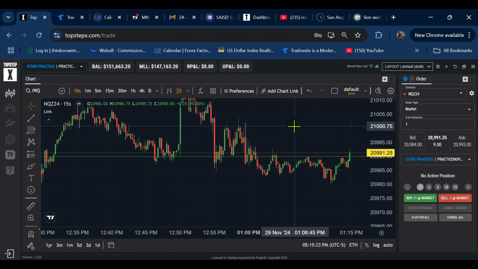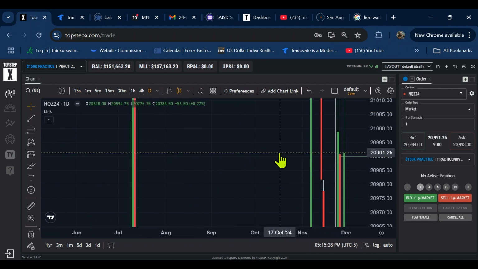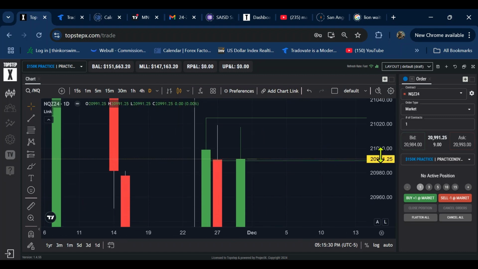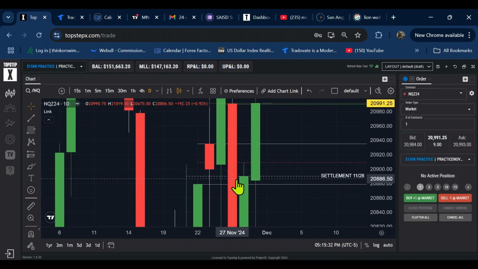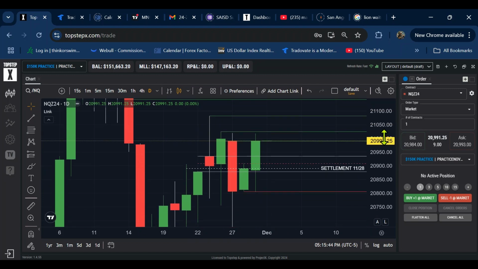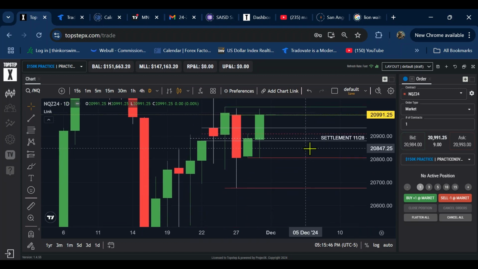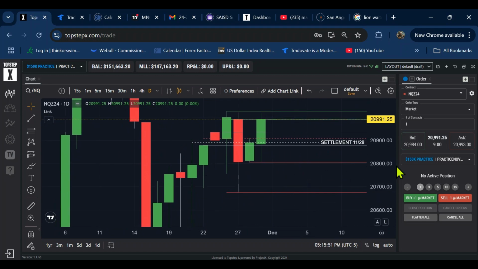You can do the same thing on a higher time frame. If you come over to a daily chart, you can see areas of inefficiencies, like anywhere that the candles don't touch one another, or if they overlap. This is like a gap, and the market will trade back down into those. So if you've got deep pockets, you can trade a daily chart like that. My pockets are not that deep, but if you look,